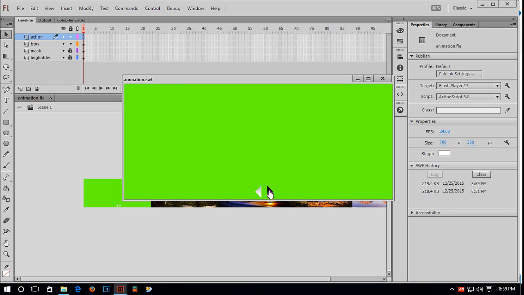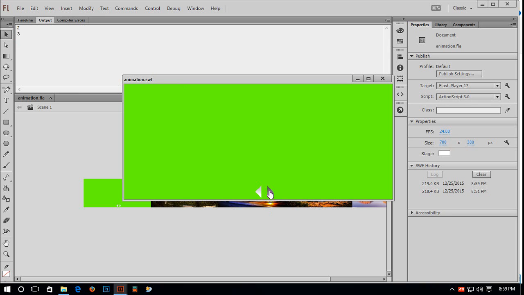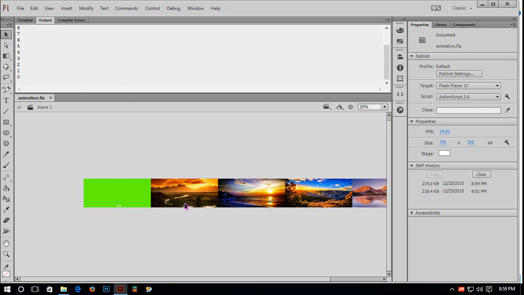When I click my next button, my counter increases from 1 to 2, 3, 4, 5, 6, and with the previous button it decreases 6, 5, 4, 3. As I have 5 images on my image holder,